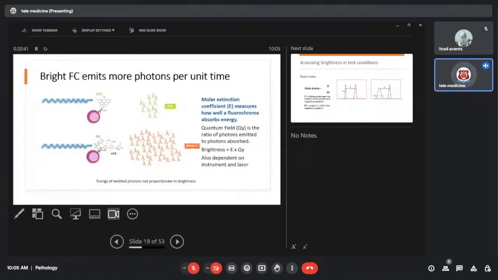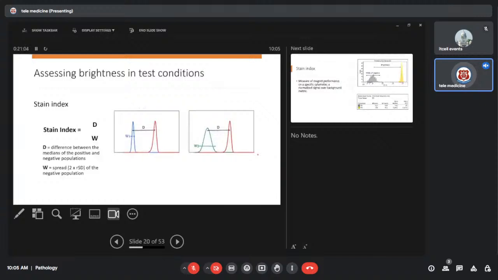So a bright fluorochrome, why is it called bright? Because it emits more photons. For example, PE is a bright dye. If you look at FITC versus PE, the number of photons emitted for PE is larger than the number of photons for FITC. And how do you assess this brightness in test conditions? You want to evaluate something called the stain index. So every time you get a new reagent,